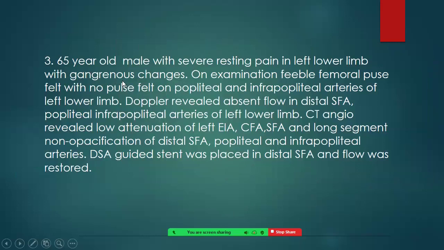This is another patient, a 65-year-old male with severe resting pain in the left lower limb with gangrenous changes. On examination, feeble femoral pulse with no pulse in the popliteal artery and infrapopliteal artery of the left lower limb. Doppler revealed absent flow in the distal SFA, popliteal and infrapopliteal arteries of the left lower limb. CT angio revealed low attenuation of the left external iliac artery, SFA, long segment of the... All these are type D lesions of the...